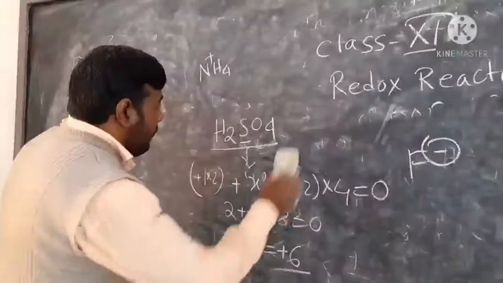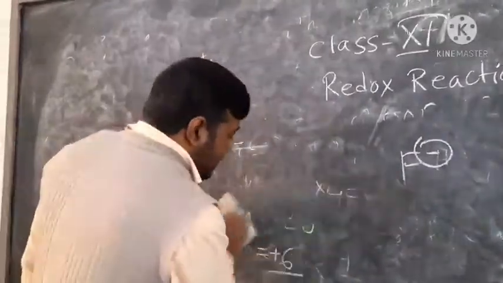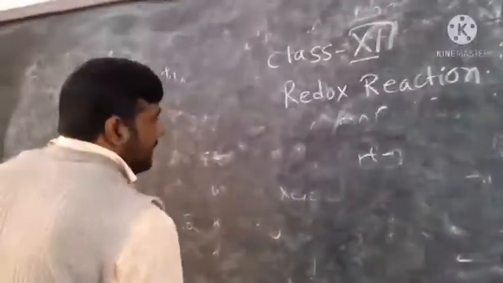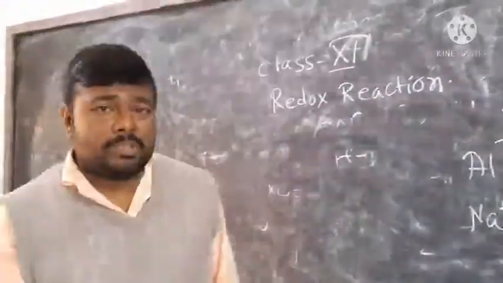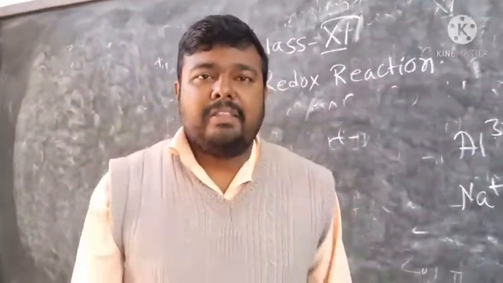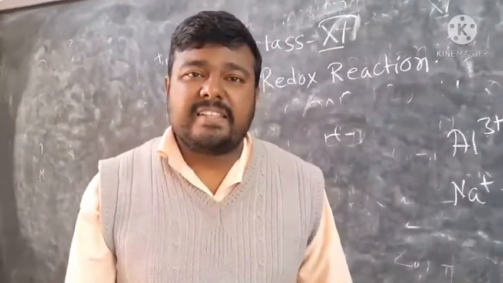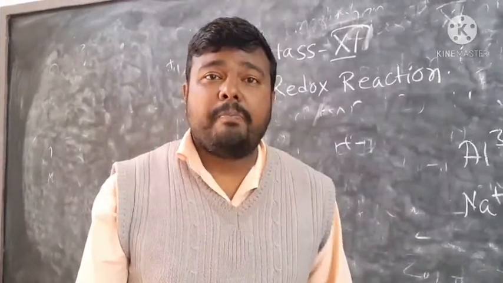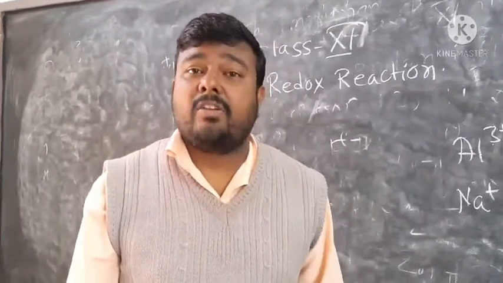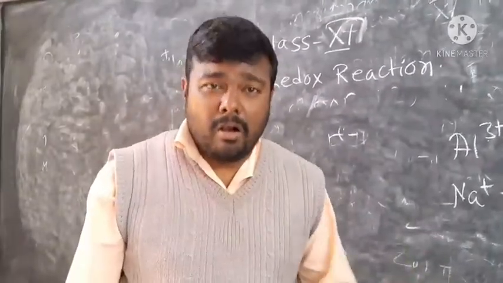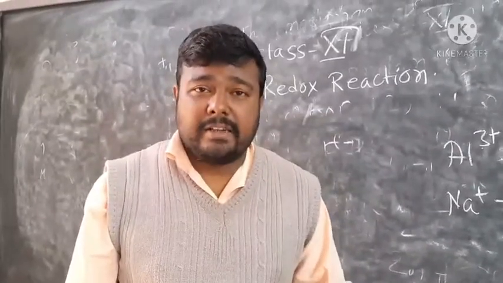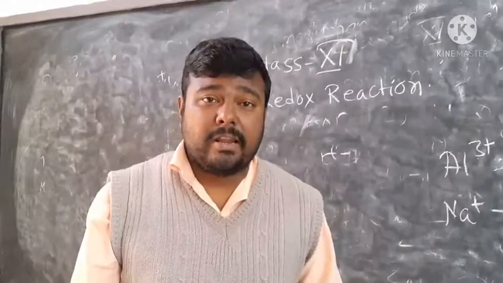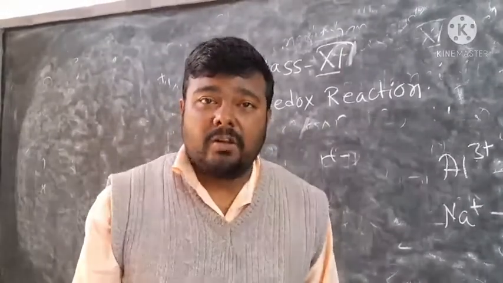Okay. Now see, this is the normal way to find out the oxidation number, but there are some elements which show the paradox of oxidation number. In the next segment of the video, we will be discussing that, and also I will be demonstrating here how to balance some chemical equations by the ion-electron method or the oxidation number method, or we will define the oxidation reaction or the redox reaction in terms of the oxidation number or oxidation state. That's all. Thank you.